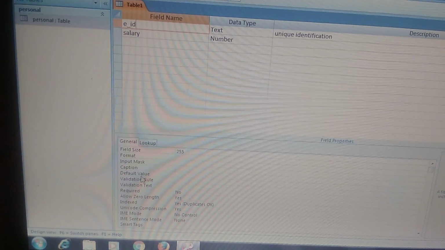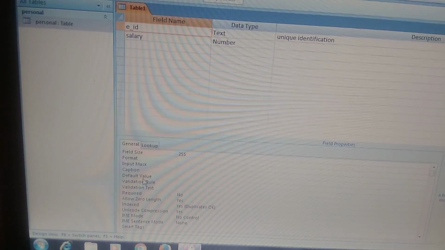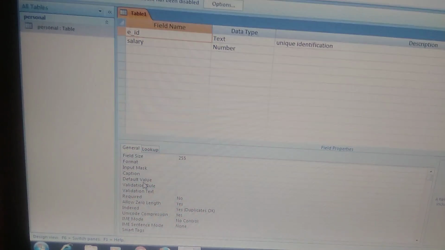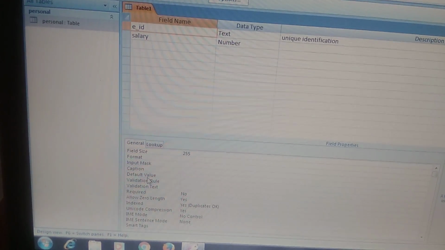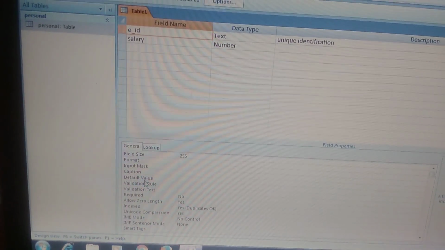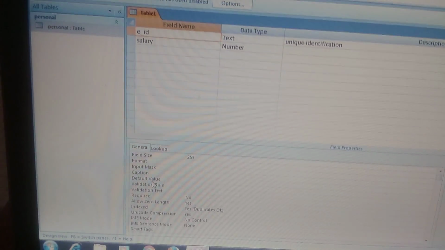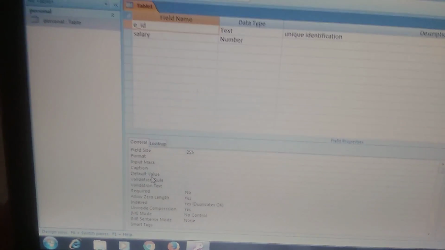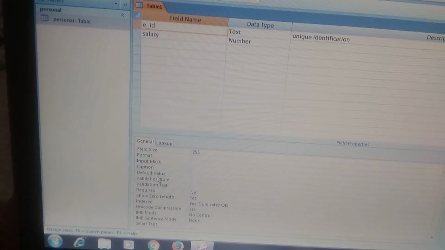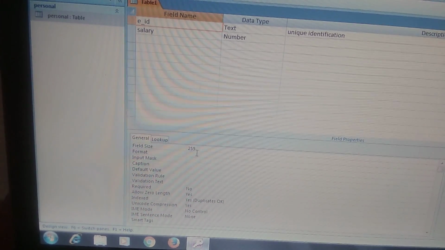Next one is the required. This property is used to specify if a value is compulsory in a field, that is, the field cannot be empty. Required means you must enter the value in a field, you can't leave it blank. Next one is allow zero length. This property works for only a few data types, like text.